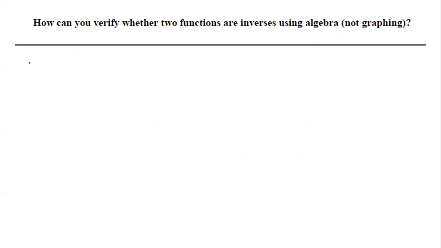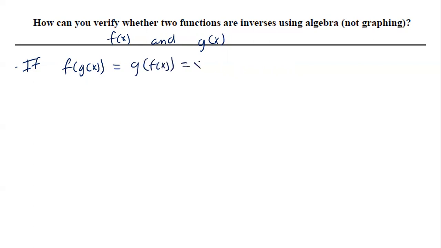So if the two functions, f of x and g of x, are inverses, then f composed of g of x equals g composed of f of x, which equals x. Okay? If not,